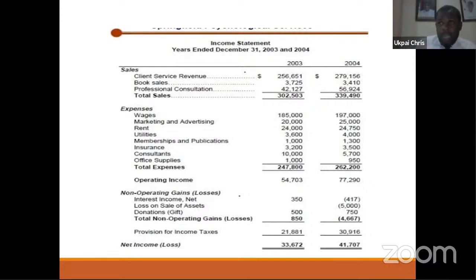Am I communicating? So these are some of the things you pay attention to. If you take into consideration the money you are supposed to pay yourself, you may see that you are not making profit. I don't know whether I'm communicating with this example. If you are not paying yourself, you will not see that. You will be seeing that you make profit.